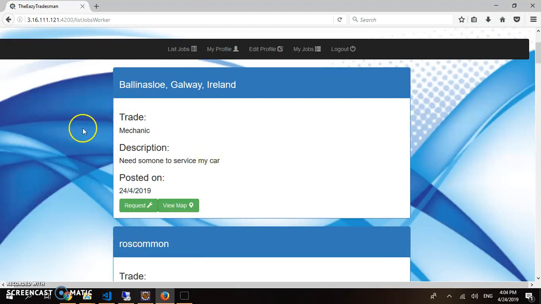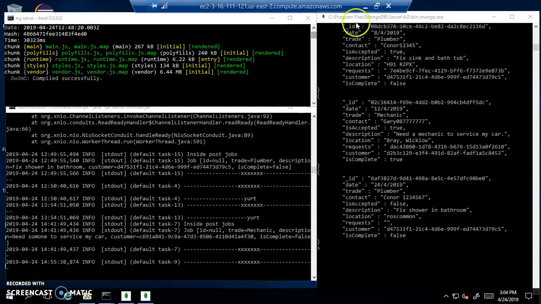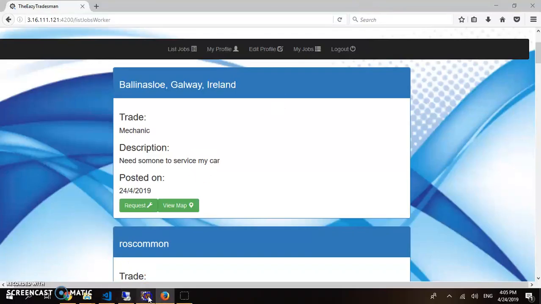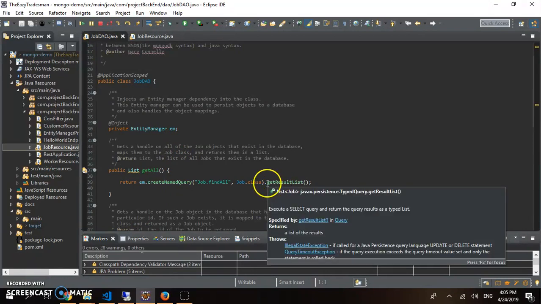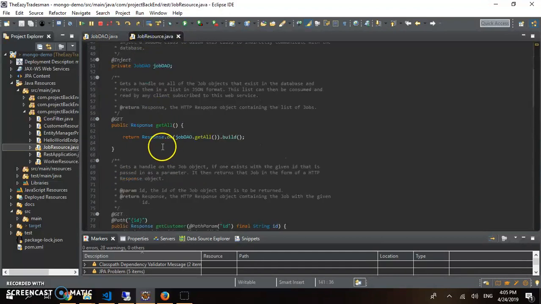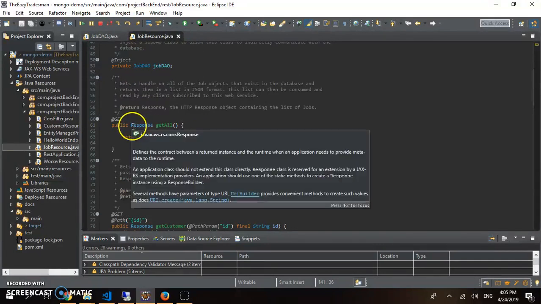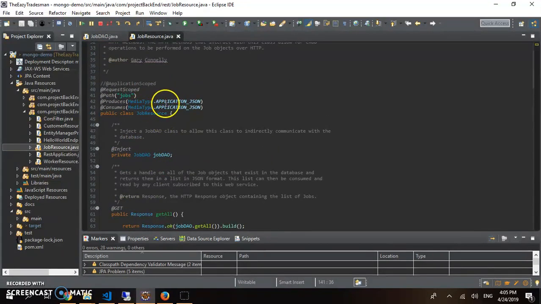Now, where these jobs are coming from, if I go back to the database, you can see it lists all the jobs here. They then get returned from here to the job DAO using the entity manager and calling the get result list. This list then gets returned to the REST endpoint, like so, and that list then gets returned as an HTTP response object. This response object will be formatted in JSON so that it can be read by the consumer, which